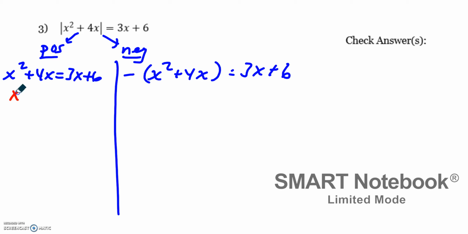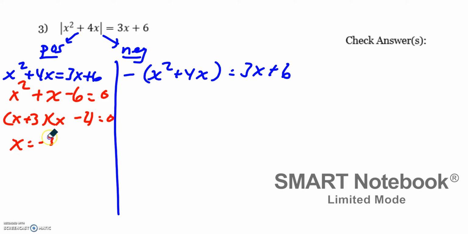This one, we would have x squared, let's move these over here, plus x minus 6 equals 0. So let's check to see if this can be factored. X times x, 3 and 2, plus minus. So my two possible answers are negative 3 and 2. We'll check them soon. Here, if I distribute the negative first, we have negative x squared minus 4x equals 3x plus 6,